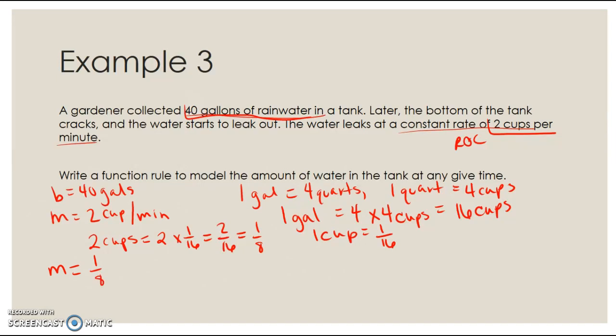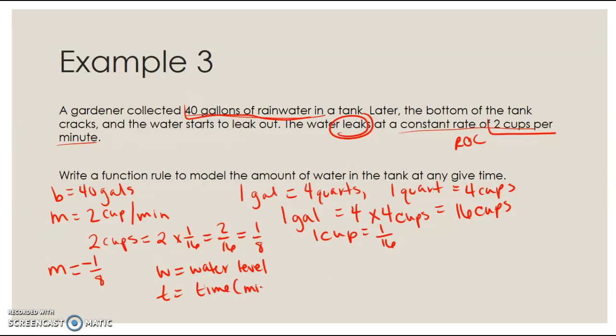Now, from here, we also need to remember that we're losing it, right? We leak, so that means this is actually a negative 1/8, because we're going to lose that 1/8 of a gallon each time. So from here, I just need to write my equation. I'm going to call W our water level, and T is going to be our time,